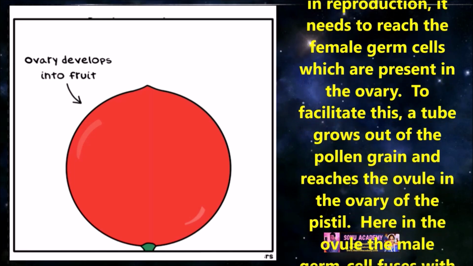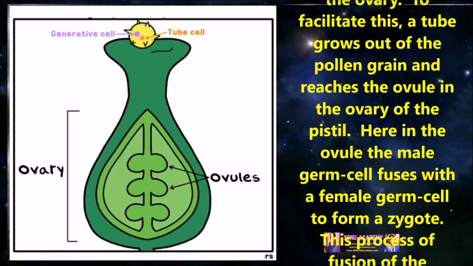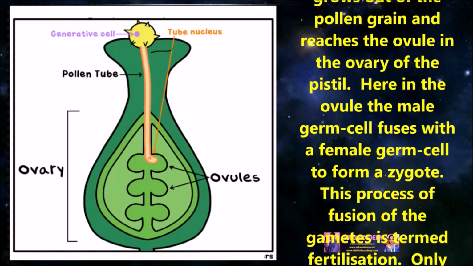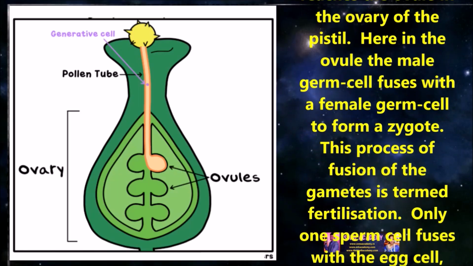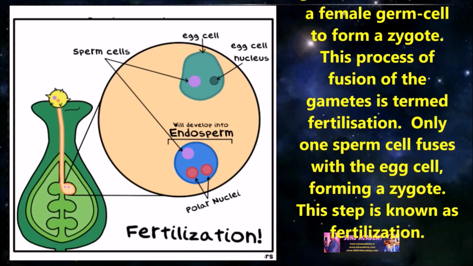To facilitate this, a tube grows out of the pollen grain and reaches the ovule in the ovary of the pistil. Hence, in the ovule, the male germ cells fuse with the female germ cell to form a zygote. This process of fusion